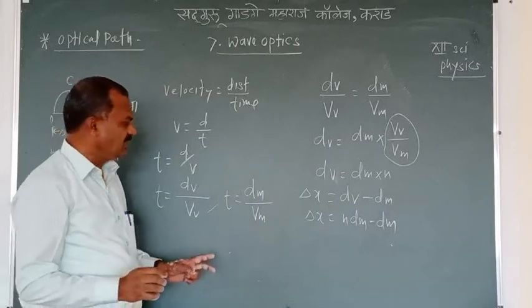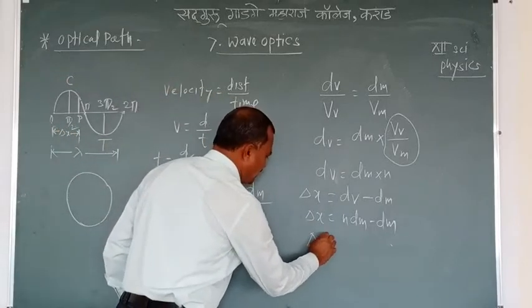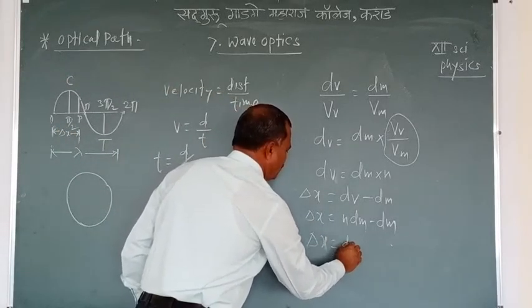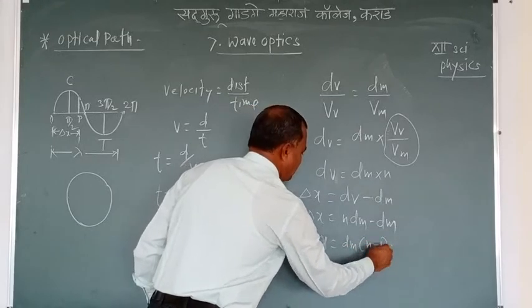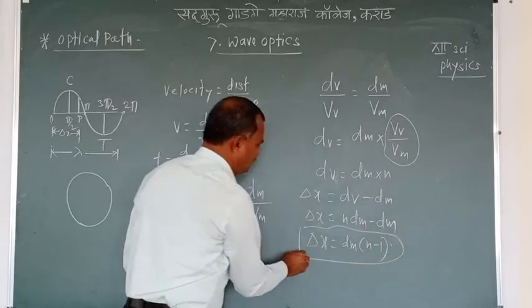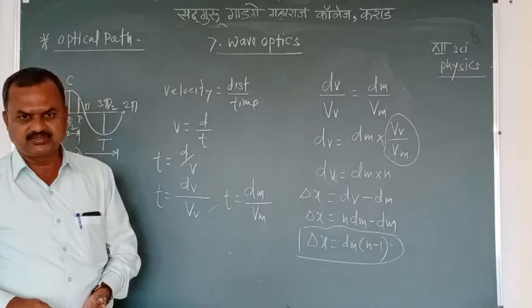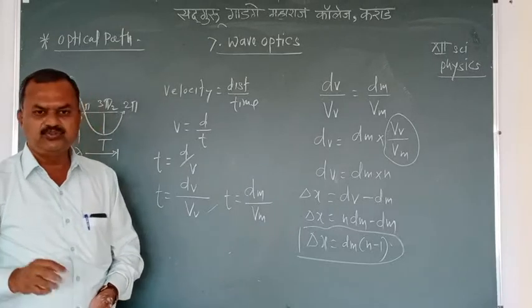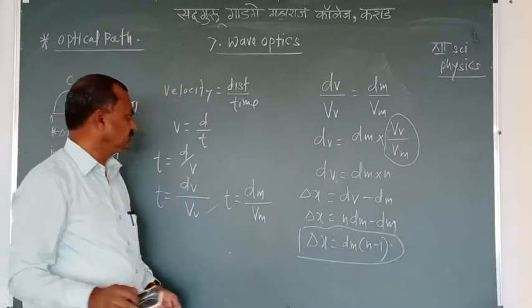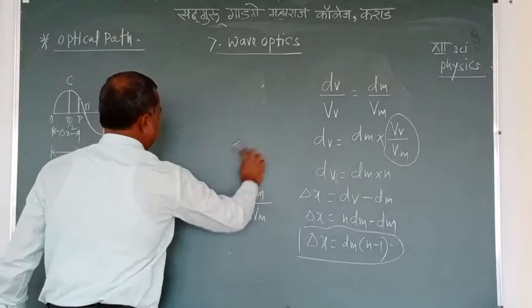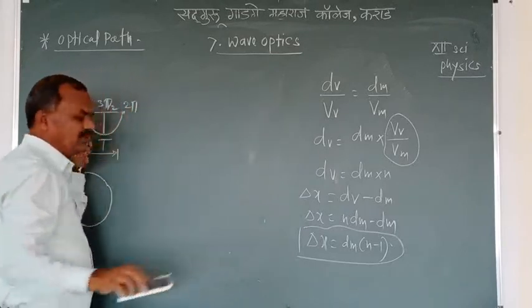दोन्हीमध्ये dm कॉमन घ्यायचा आहे, त्यामुळे असे फॉर्म्युला मिळतो: delta x equal to dm into (n minus 1). हा फॉर्म्युला मिळतोय. पाथ डिफरन्स delta x equal to dm into (n minus 1). समजा ही वेव आहे, लाईट वेव. ही वेव